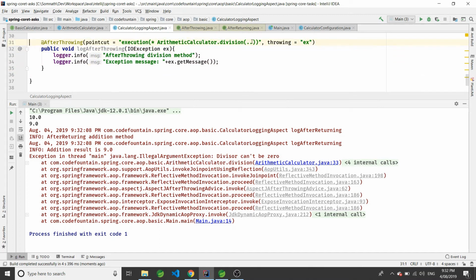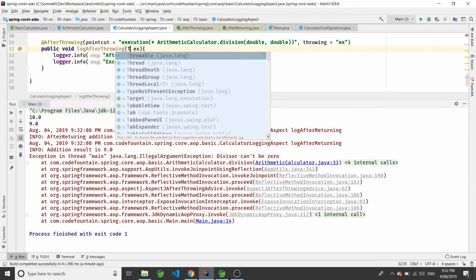Another thing I wanted to mention: here we are passing two dots, which basically means we are not interested in the number of arguments and their types. Let's say we can be more specific. We can actually pass these two types. We know that our division method takes two double arguments, number one and number two.